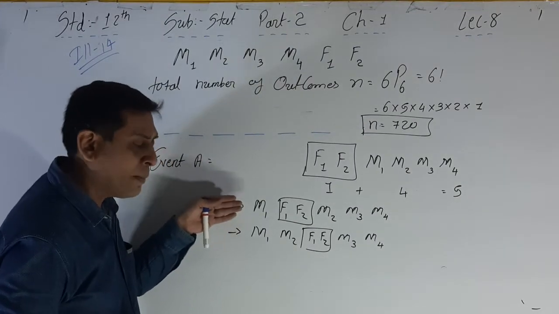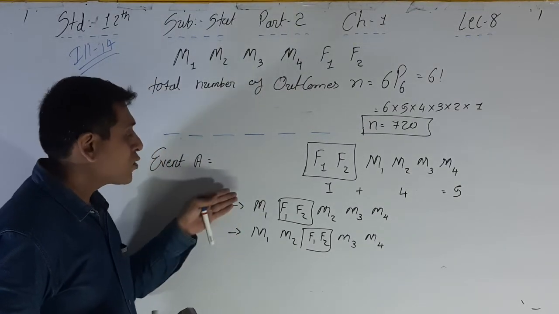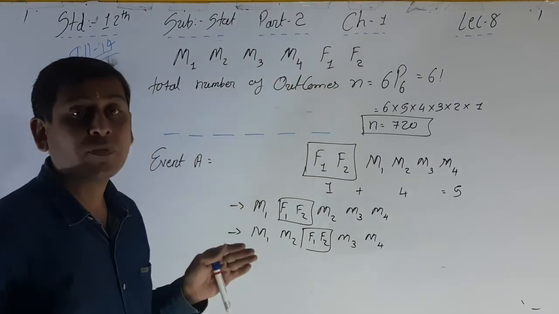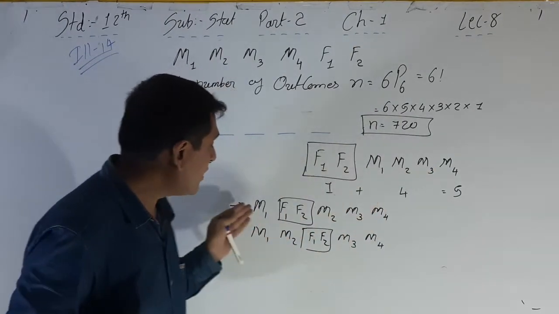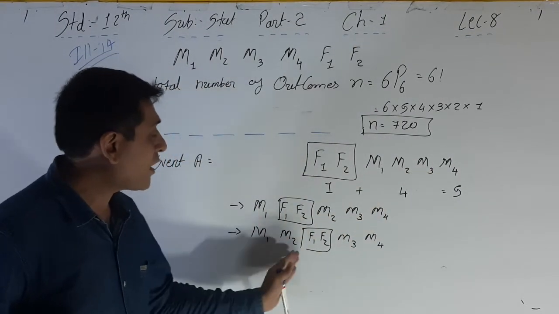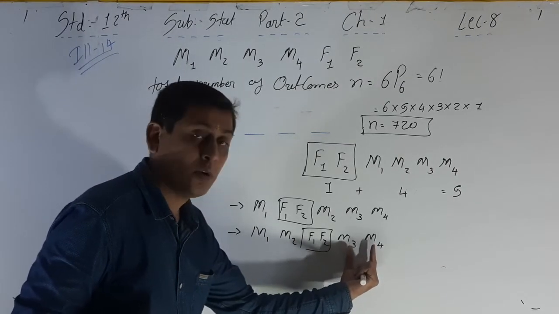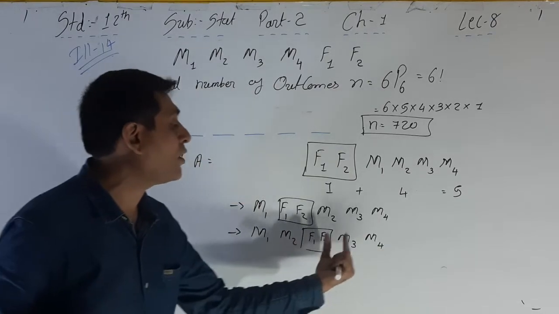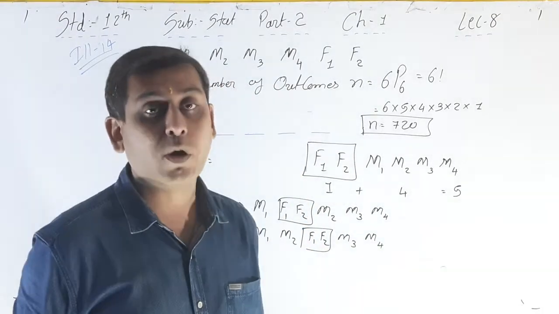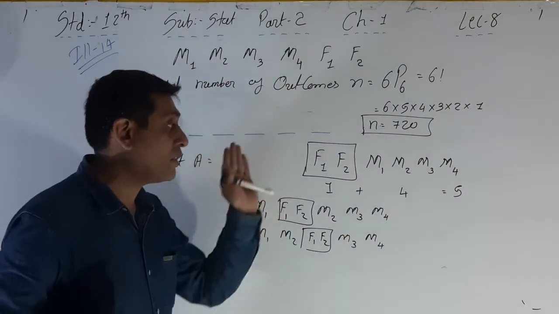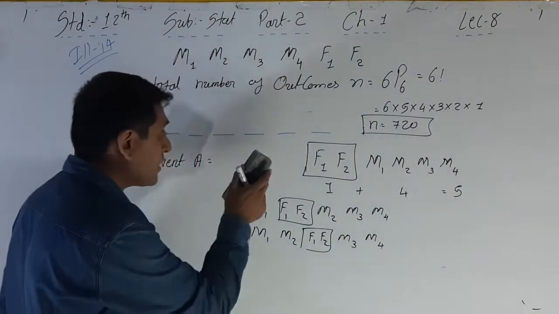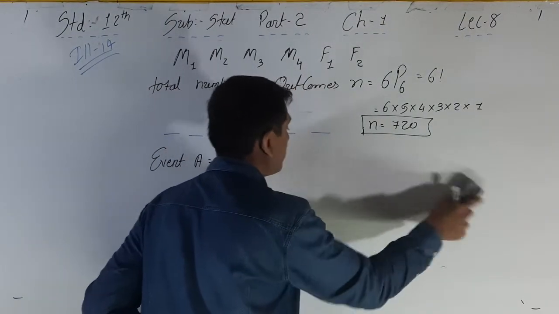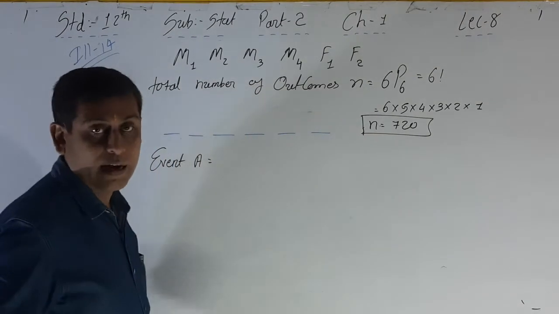Okay, these are the examples. Much more examples are there. I'm not writing all, but here I'm just giving 2 more examples. Here first example, this one is second, this one is third. Here we can take this between these two also, and this one we can take at the end, that is M1, M2, M3 and M4, then F1, F2. So here we can arrange these in very different ways. So please write this down. I am removing it here. See, now we are writing that